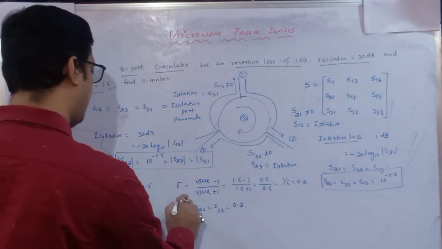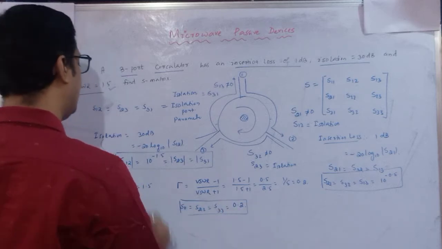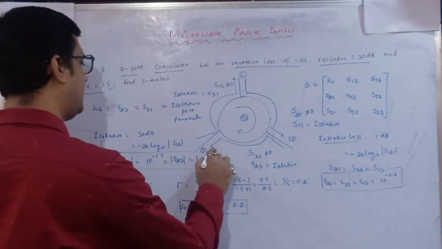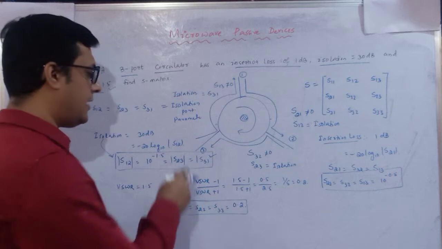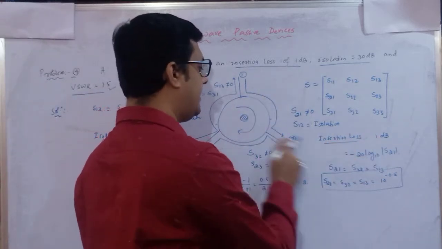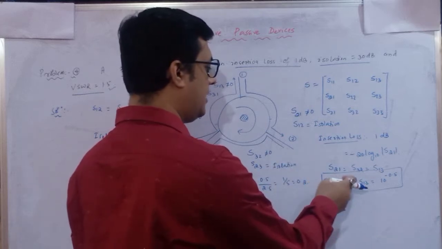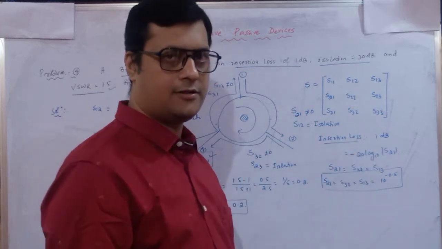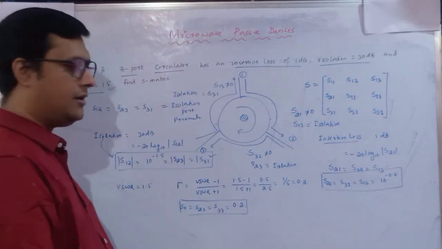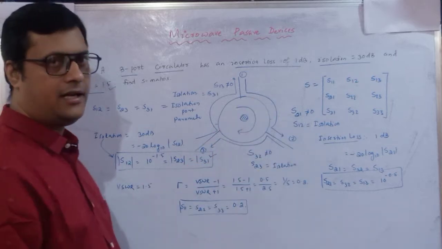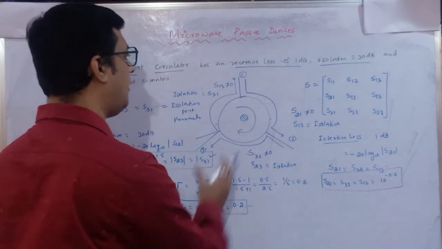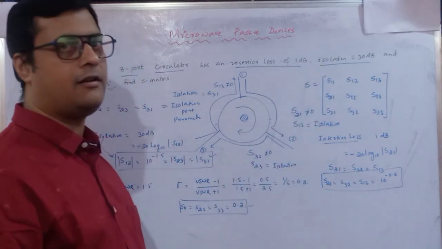Okay. So here all the parameters we have determined. S12 equals S23 equals S31: these are all isolated ports, so the isolation factor we have identified. Similarly, insertion loss is the adjacent port relation, so S21, S32, S13 is 10 to the power minus 0.5. And with the help of the reflection coefficient, you can determine the diagonal elements S11, S22, S33, which equal 0.2. Substitute all these values in this matrix, and you will get your actual values.